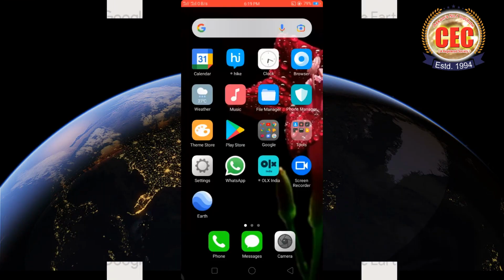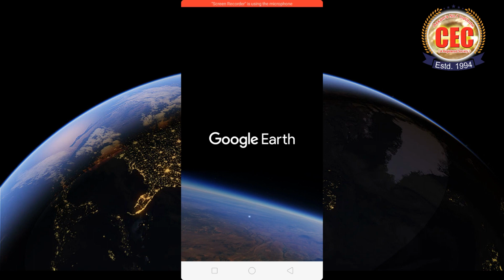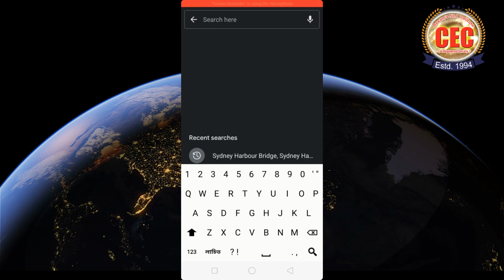Now I am going to tell you how to use Google Earth or Google Maps on our mobile phones, laptops or tablets. After downloading the Google app from the Play Store, we'll tap on the Google Earth app on the mobile screen, and you can see it will open the app. After that, for searching a place, we need to go to the search option, and here you can use the microphone and say your location, or else you can type the location from the keypad.